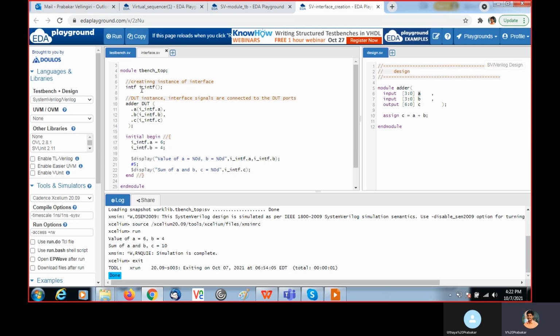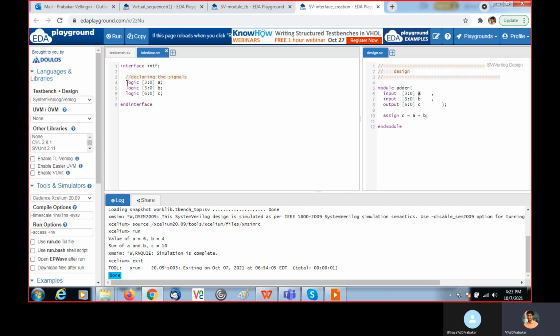Wherever we need, we can access through this interface handle. To access the signals of the interface, it is the handle name dot the signal. This is the way we need to access. So A is 6, B is 4, we are passing, and the C value we are getting is 10.